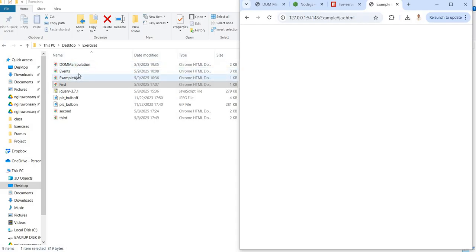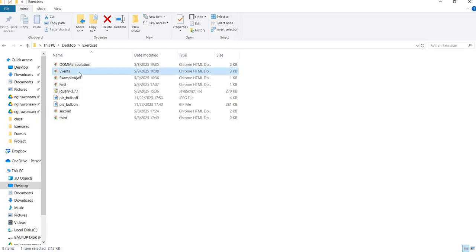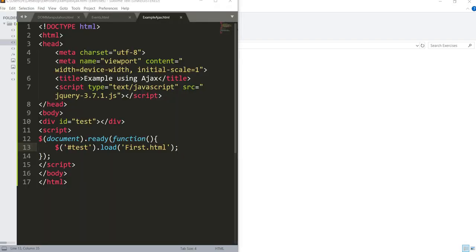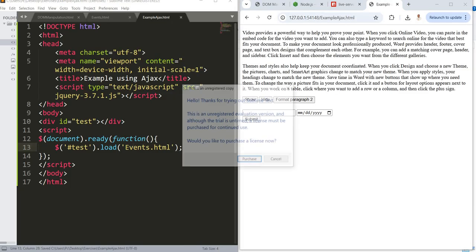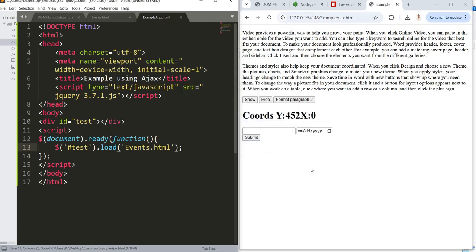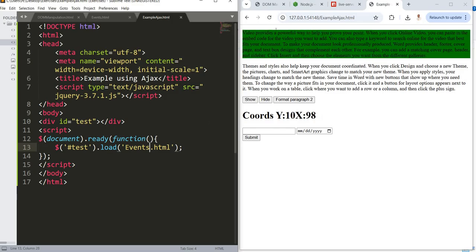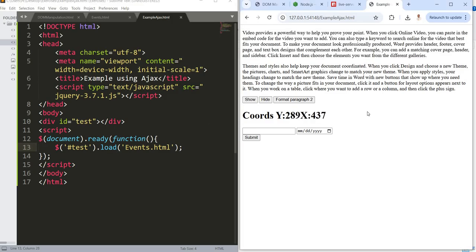Let's open this one called events. So we replace in the source code, we replace this empty file with events.html. So immediately Ajax has displayed the contents from the events.html page without having to refresh here. This is the page that we have created in our previous videos, but